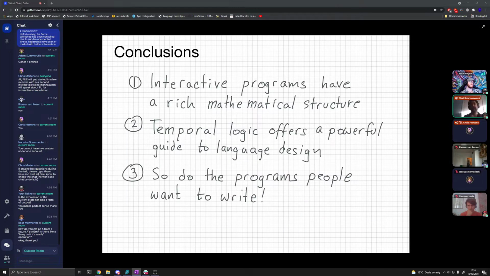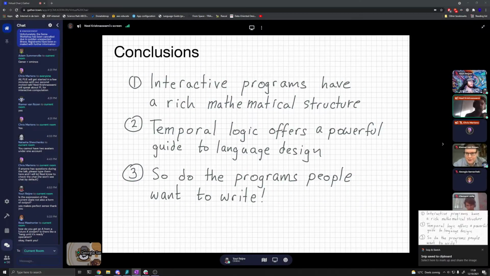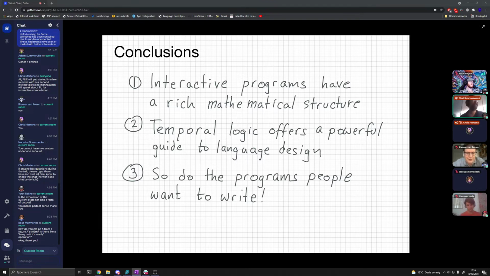And anyway, the high level takeaway is that it turns out that interactive programs have a huge amount of rich mathematical structure. And if you take it seriously, you're led to this view that temporal logic gives you a powerful way of thinking about logic design for language design for interactive programs. And the other thing is that so does looking at the programs people want to write. Because all my work on this was prompted by, I did a little bit of work, I thought I solved the problem.